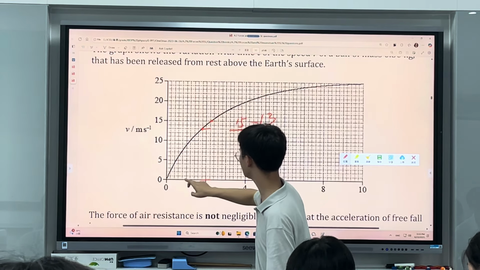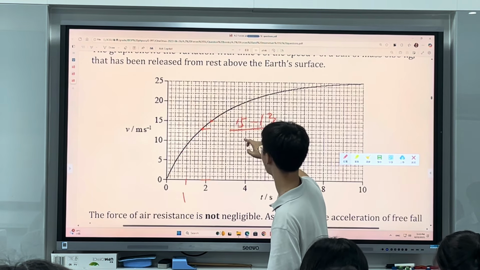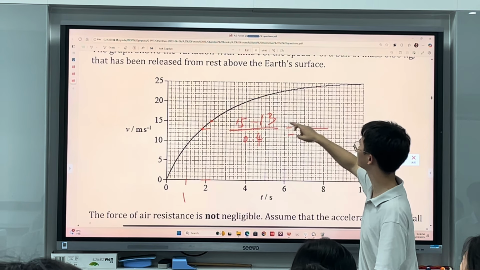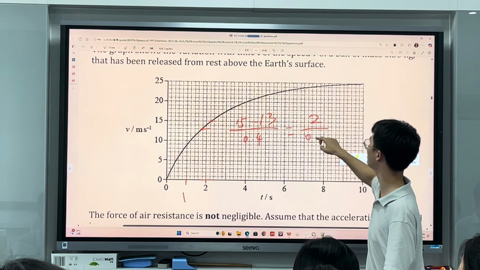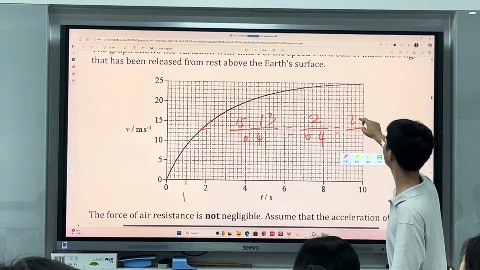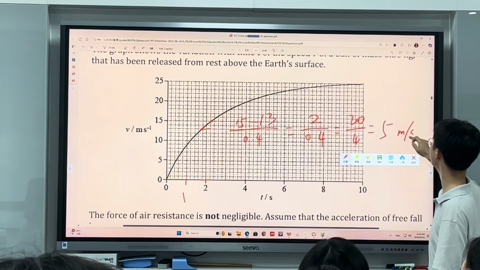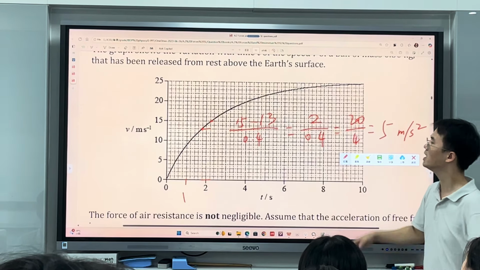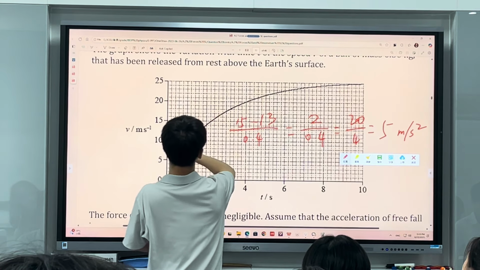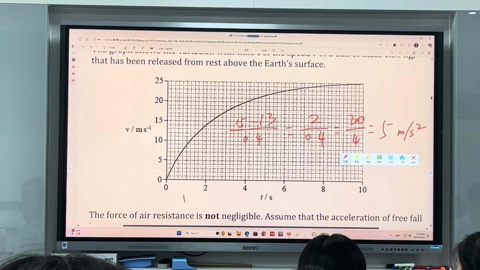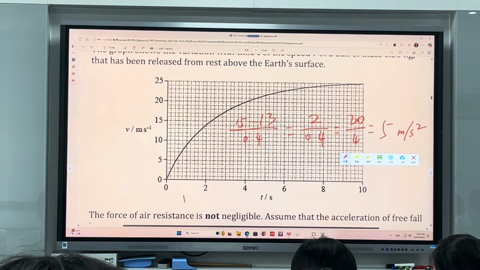So 这里是 1, 0.4 对吧，0.4. So you get 2 divided by 0.4, which is 20 over 4, roughly give you 5 meter per second squared. Okay, it will end up giving you a range. So let me check the mark scheme. The mark scheme says range. It's in a range of